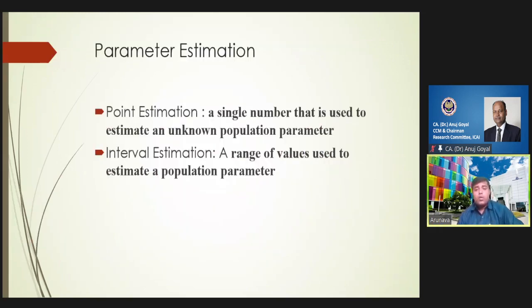Okay. So when we are using a single estimate rather than a range, right? Then we call it a